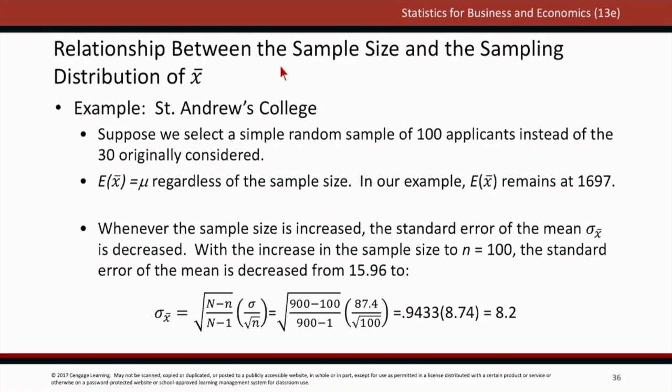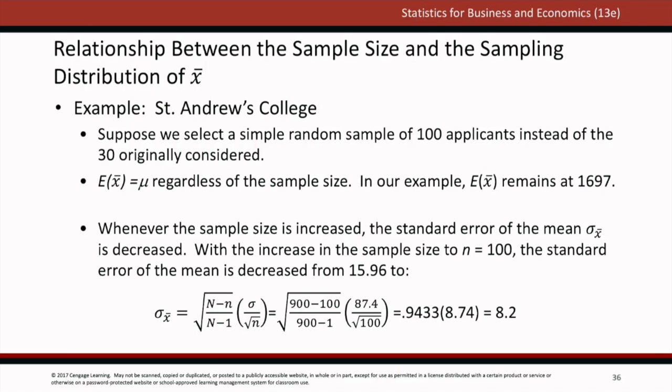What is the relationship between the sample size and the sampling distribution of the sample means? So we continue with this example. Suppose that instead of 30, we have selected a sample of 100 applicants instead of the 30 originally considered. The expected value of the distribution of sample means continues to be mu regardless of the sample size, right? So in our example, the expected value continues to be